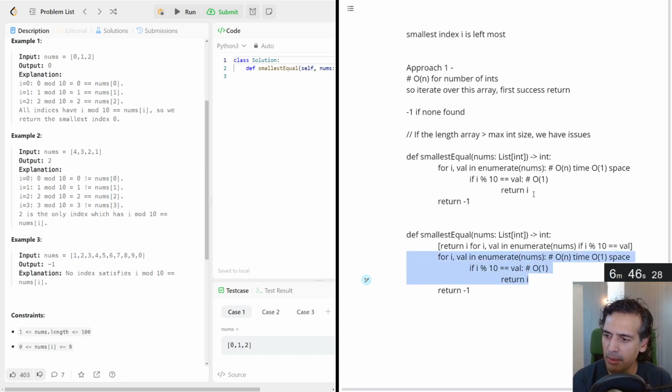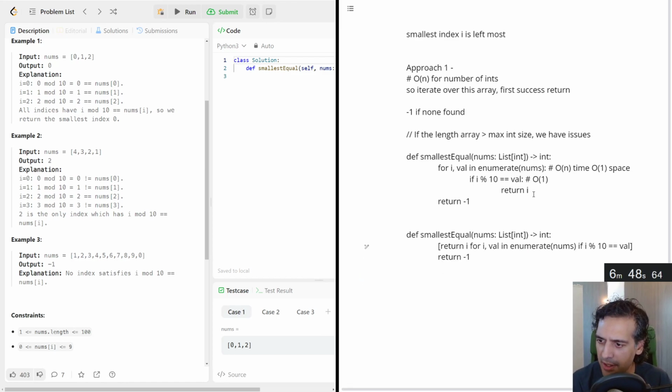So here I'm just taking advantage of Python's inline function calls, where you can create a list by using a for loop within, and the value will be whatever's in here. I wonder if Python allows you to put a return statement inside something like this. I have a feeling you're not allowed to do this, but let's see. Otherwise we return -1. And you have to wrap it in some sort of list or something, otherwise it won't create a generator like that. Let's just try it and see what we get. I'd love to see this work, but